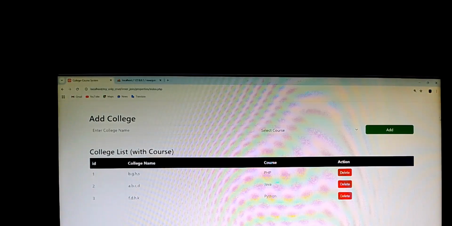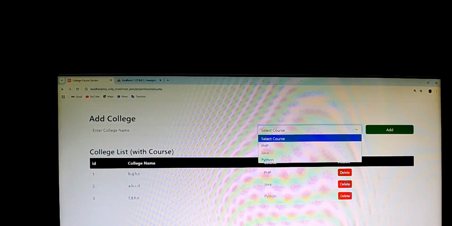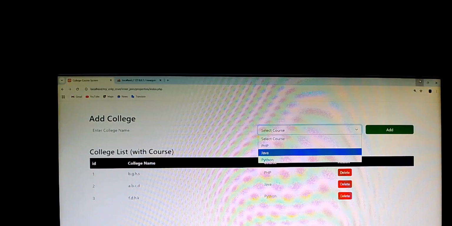Then here is another method called public function get connection with course. It connects with the course, because this is the college list and college table over here. So I have to connect the course table with the college table. You can see I wrote foreign keys in my SQL section when the table was created, and in this case I am using the join portion because I want to compare those values, and the foreign key is declared when creating the table.